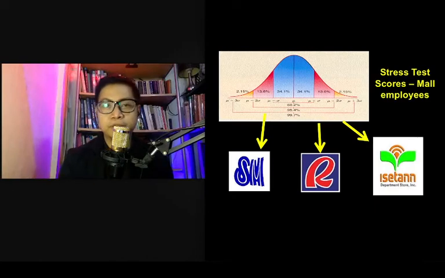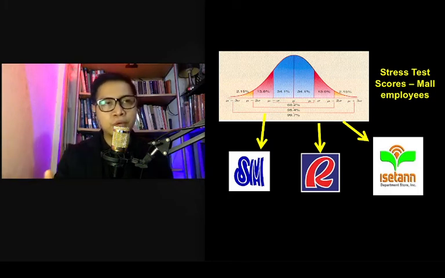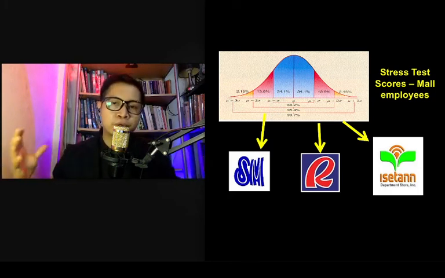O, di ba? O ngayon, kung yung test mo, talagang para lang sa NCR, yung norm na nabuo mo, puro NCR lang, you identify that in the manual, na itong norm na ito ay para lamang sa mga empleyado ng mall na nakatira sa NCR. Hindi mo pwedeng gamitin yung norm na yan to interpret a raw score na nanggaling sa empleyado ng mall na nasa Visayas o nasa Mindanao. Unless, i-expand mo yung norm mo. Mag-data collection ka sa Visayas, data collection ka sa Mindanao, i-integrate mo yan sa current norm mo, there you go.